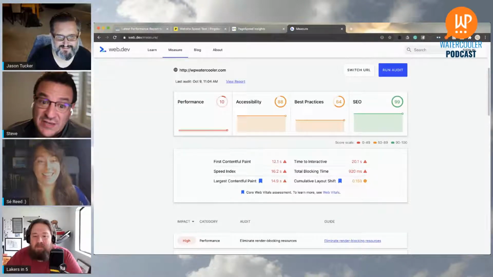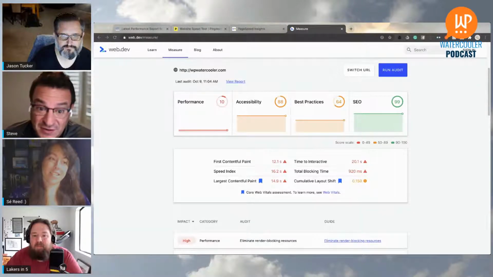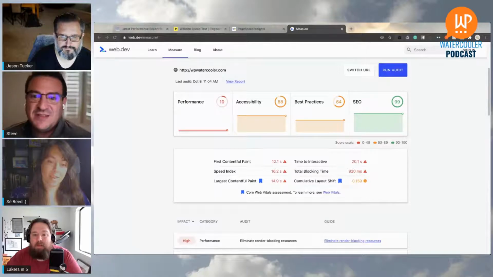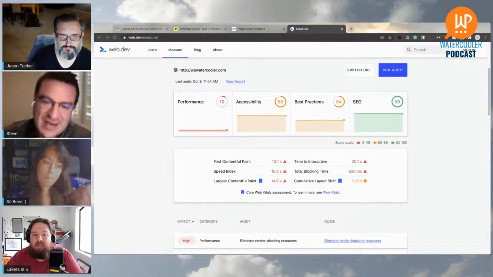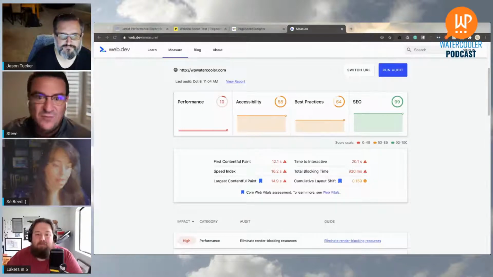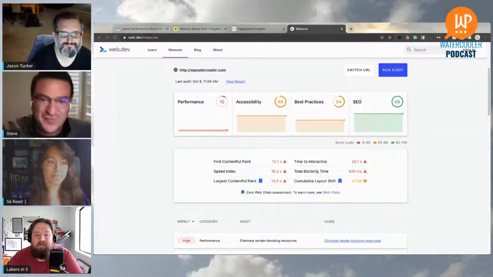LCP was introduced into the indexing in late May of this year, so it's very new. Anybody that has a large hero image at the top of the site automatically gets dinged on the LCP score. And if you haven't changed your site for years, you were affected as soon as Google turned on this part of the algorithm, in late May, early June.